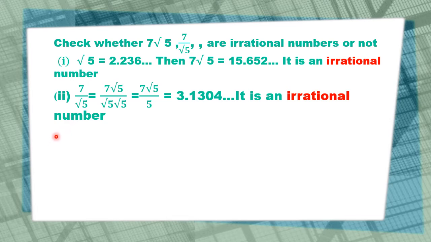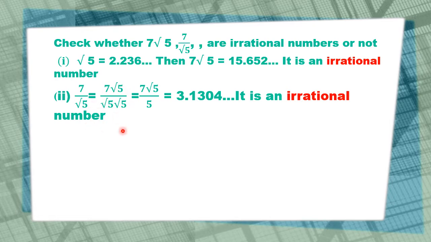Let us take another example where we have taken a rational number and an irrational number, and the operation carried out between them is division. The first step is to rationalize the denominator. How do we rationalize a denominator? For that, we have to multiply the denominator with the same number and even the numerator with the same number. It means multiplying root 5 with root 5 both in numerator and denominator,